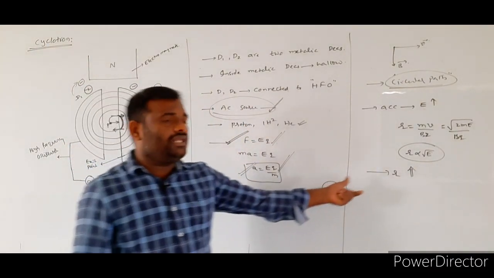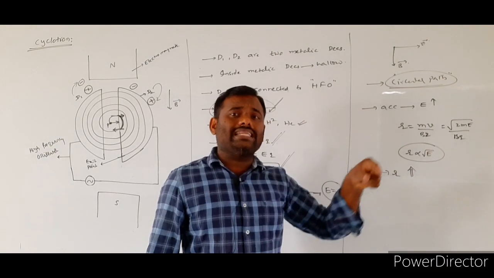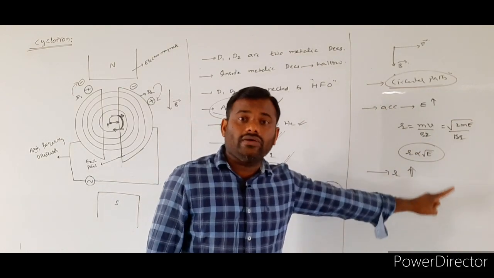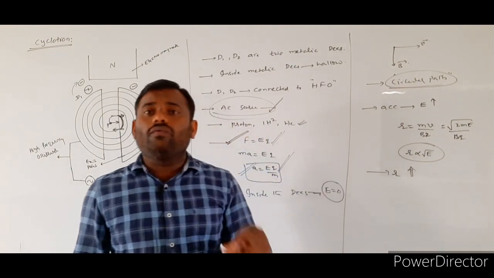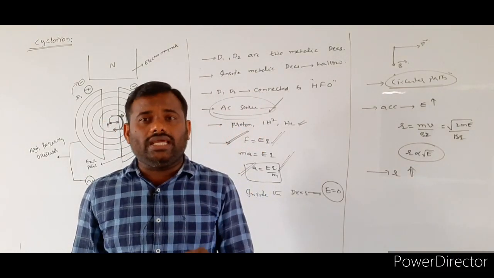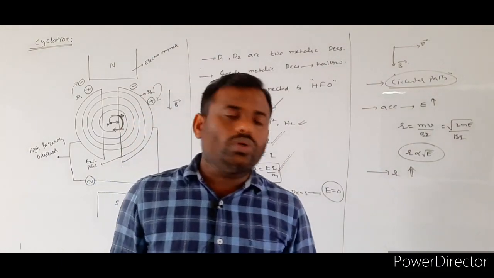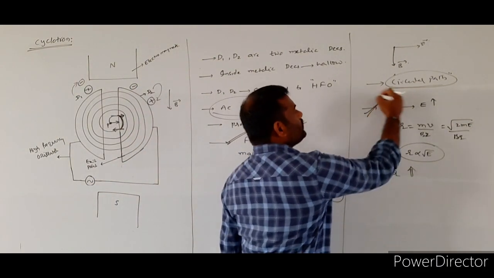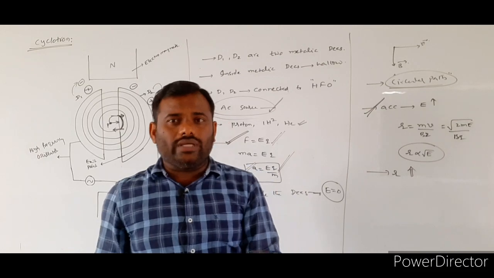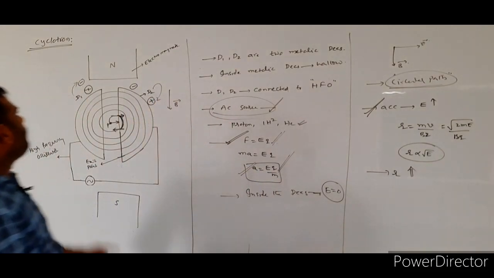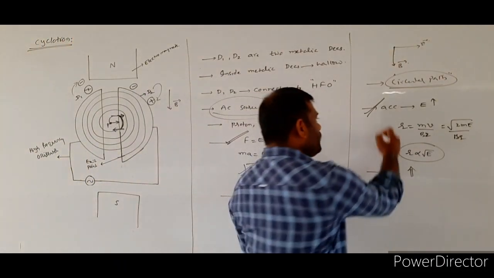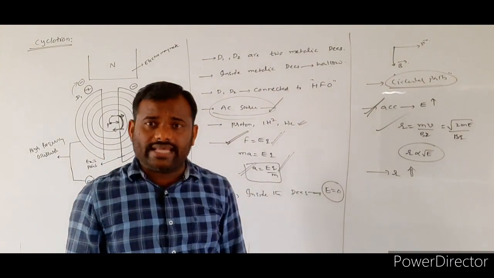Radius value continuously increases means the energy of the charged particle also increases continuously. Like that, whatever the charged particle we consider initially, those charged particles are accelerated. Those charged particles are what? Accelerated, and also we increase their energy, by using the device cyclotron. So here we have to remember some of the formulas in the case of the cyclotron.